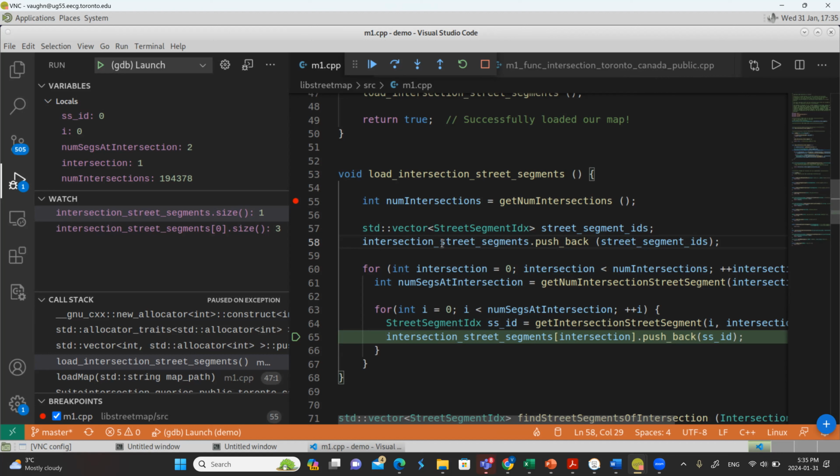And when I go down here and I start putting data into that first vector, it all works, right? I can access entry 0 in my first dimension, and I can push back stuff into that vector because it exists. When I go to index 1, it doesn't exist. My whole first dimension only has size 1, okay? I try to access it and I crash. Does that make sense? Okay, so I need to fix this. So we finally got down to exactly where it went wrong. We did this in a very slow and painful way because I wanted to show you all of the tools that you can use to debug issues like this.